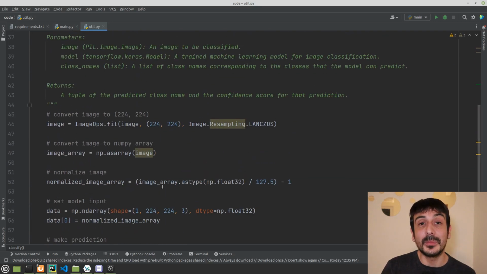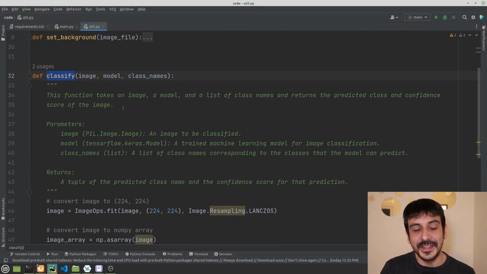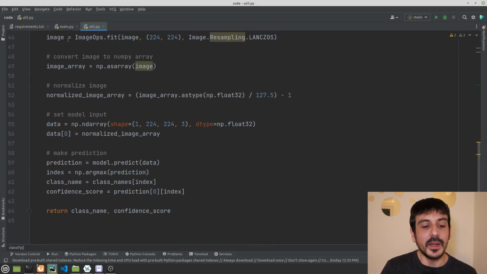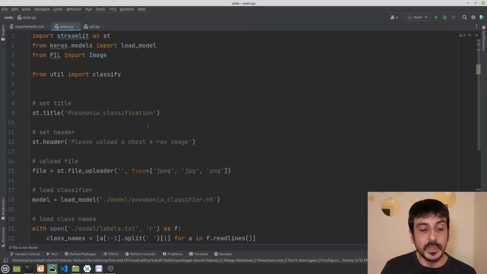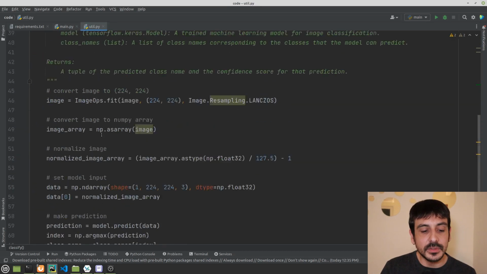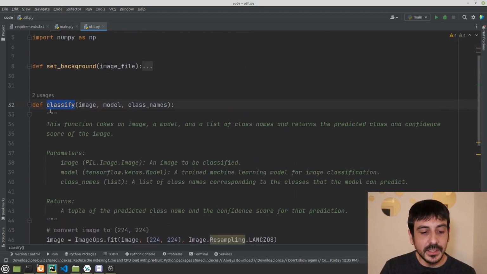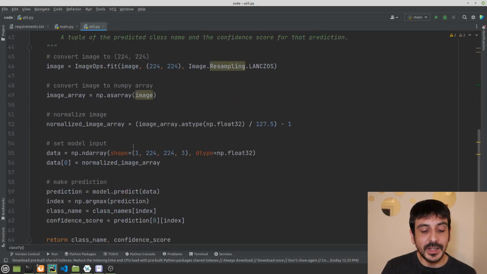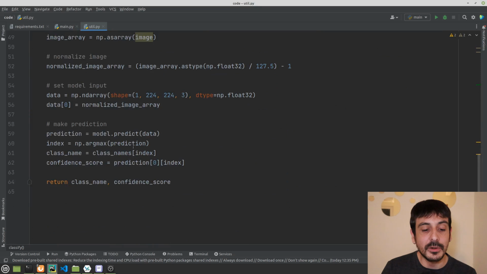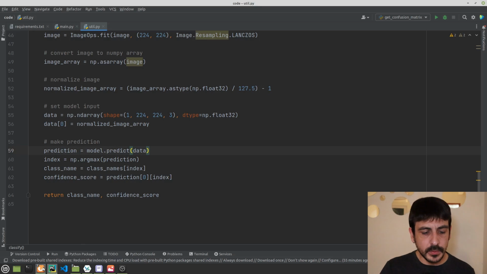So you can see how simple making this classify function is, and now you can see why I have divided the entire code into these two files, right? Because the first step is to complete the process in main.py, which was very simple, very straightforward, and then it's just to code these few lines in the classify function of the util.py file, right? And in only a few minutes we have an entire pipeline which is up and running, and we are just serving this image classifier into a web application using Streamlit, and that's it, right? So now let's test how everything works. Let's see what happens. And now let's go back to the browser.